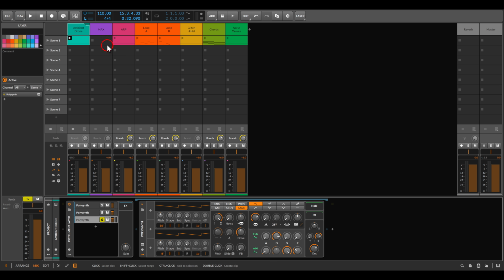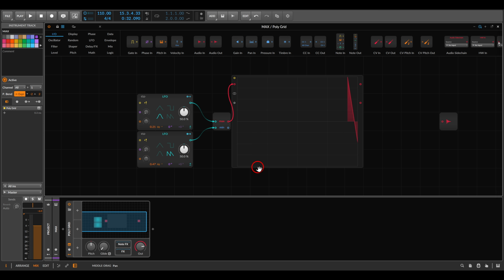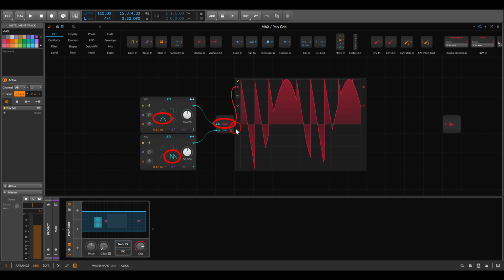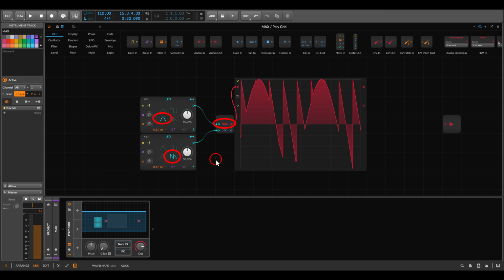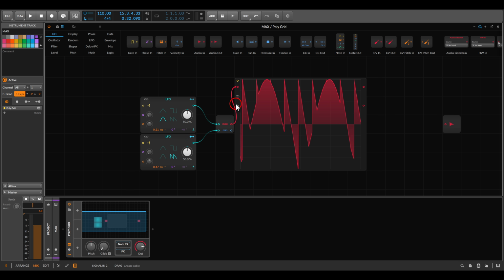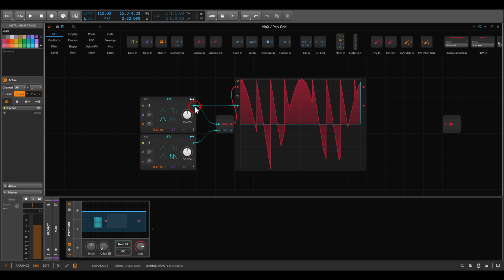I can show you this also in the grid for a second. I have here two waveforms, once a sine, once a saw wave. And again, I'm using maximum logic to mix them. And you can see the shape that we are getting. If we add just the sine to this,